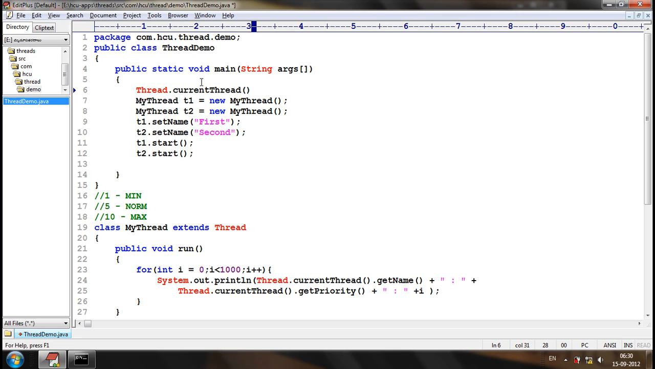Just because in the main method, which thread is executing? The main thread is executing the statements in the main method. How can we get the reference of the main thread in the main method? By using Thread.currentThread. Okay? For the main thread, I can set the priority. Whatever the default priority might be, I am setting the priority of the main thread as